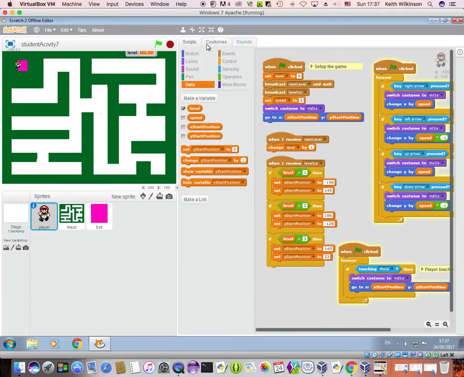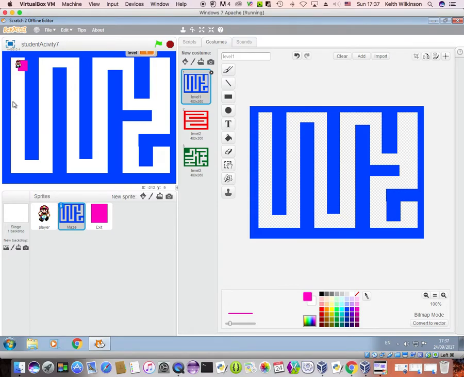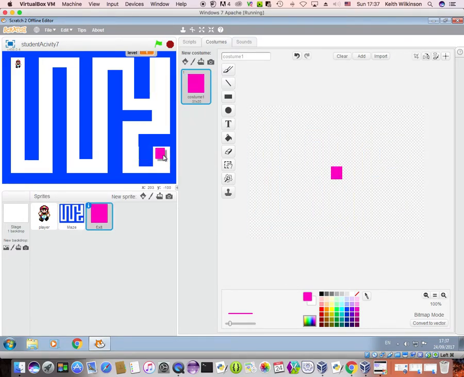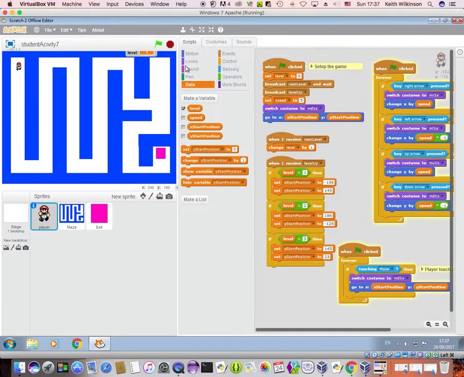So let's put this back to level 1 so you can see what's happening. So if I move my sprite to there, maybe if I press start it would work. Put my sprite where I wanted it. Now what's going to happen is he's going to run round, run round, run round, and when he touches that, that's when it's going to shout, let's level up. So if I go back to my scripts,